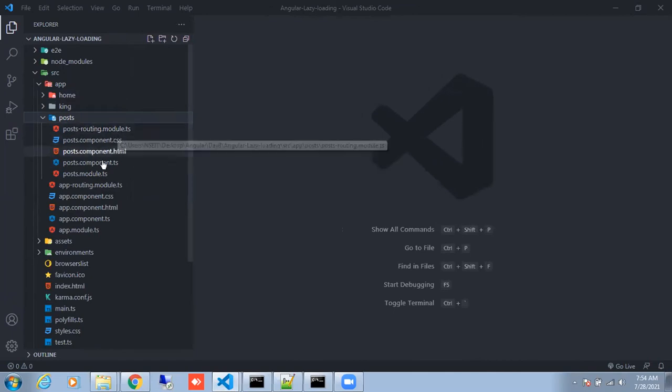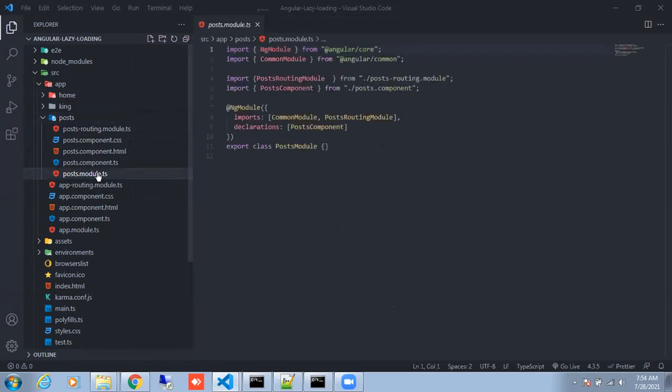See this now? This is a post module. Earlier, we had only one module called app module. Now we are dividing our modules also. That means this module is only containing what? The post related components. Are we clear?